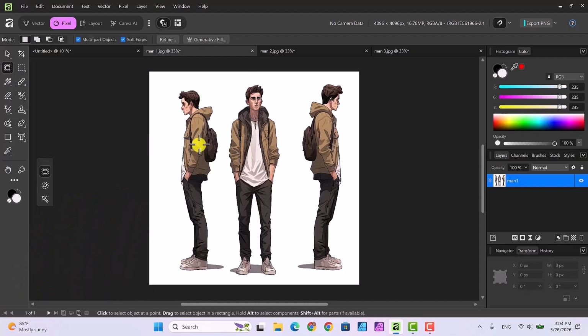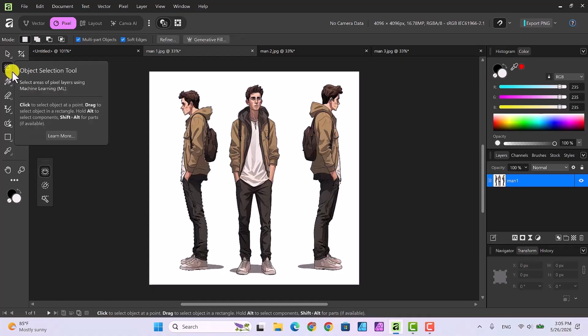Okay, once we get the little crosshair, then we can slide over until we get a selection. Now I found that the backpack doesn't select very well, so I'm just going to select the guy, and then I'm going to click down and the guy is selected,